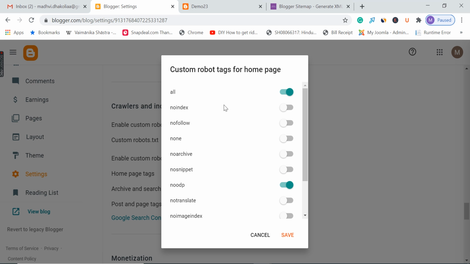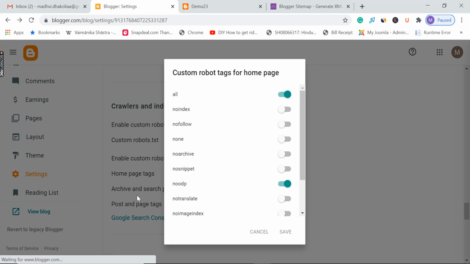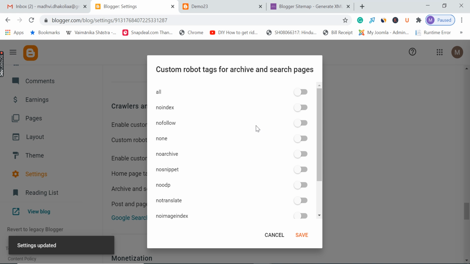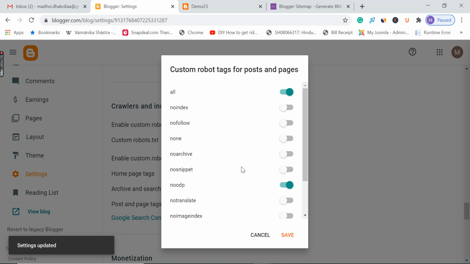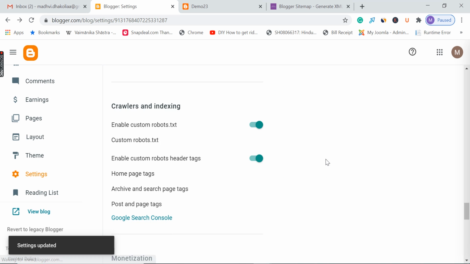So you will click on home page tags, you will select all and noodp, click save. Then you will click on archive and search pages, you will select noindex and noodp and save. Then next click on all and noodp and then click save.